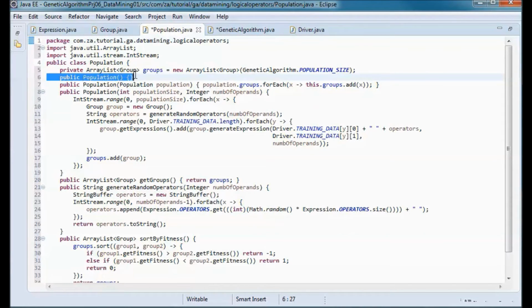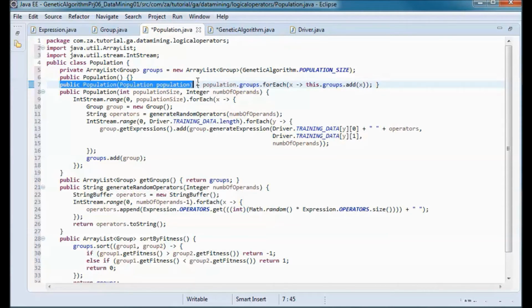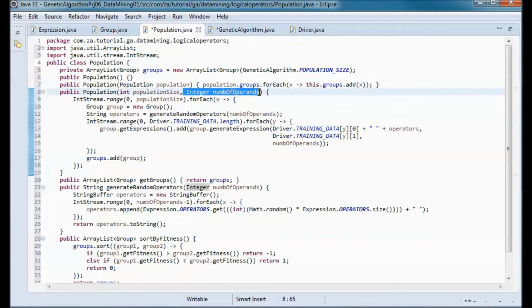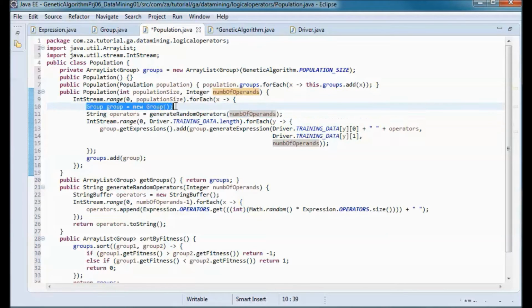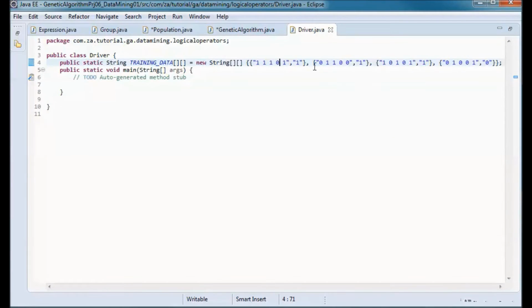So a default constructor, and one that takes in an instance of population and returns a new instance, and the third one takes in a population size and a number of operands, and generates random expressions for each group of expressions, and adds the operators to the operand for each expression in the group, and this will be the expected result coming from here.